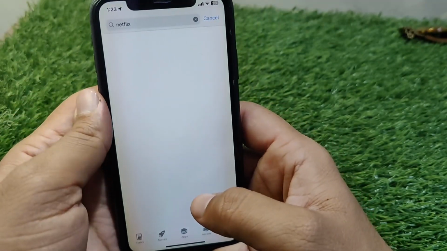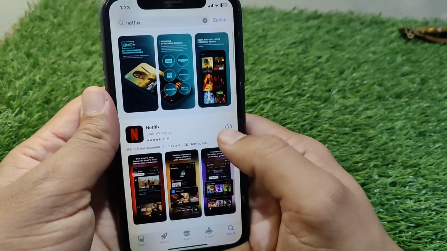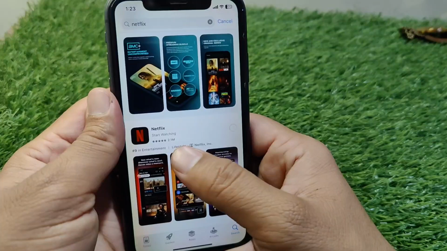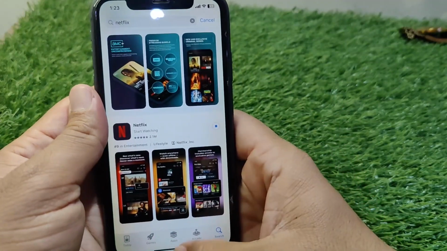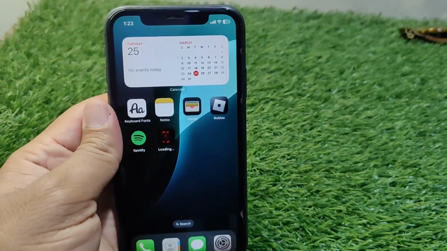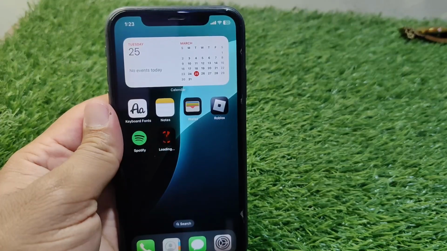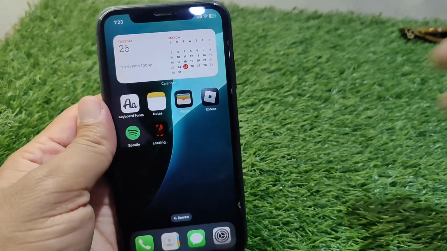Here it is. And then you have to simply download and install the latest version of the Netflix app on your device. So guys, simply do this and check if the problem is fixed or not, and if the problem is still there, then you have to simply open settings on your device